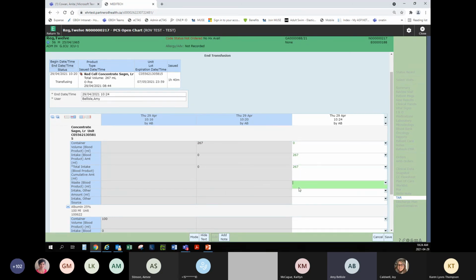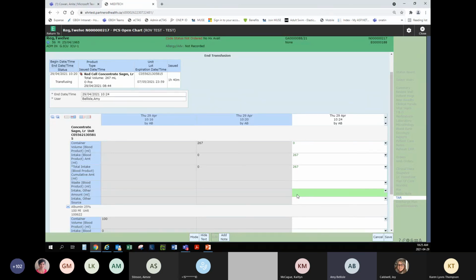If you have wasted anything for whatever reason, and again, if it was a hold or an end early and for that albumin I only had 50 mils in, then I would put in my waste here as well. If there was any other intake here,